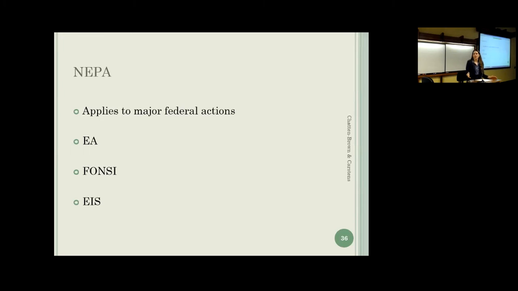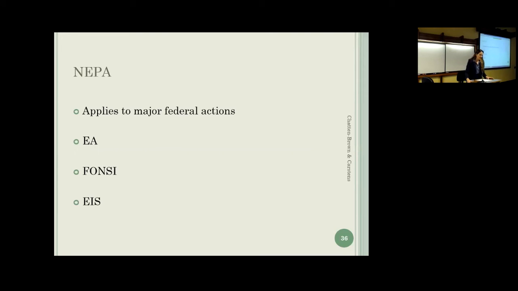And in NEPA, an environmental assessment, or an EA, is the equivalent to an extent of the negative declaration in CEQA, except that under NEPA, EAs are required to study alternatives. There is the finding of no significant impact or mitigated finding of no significant impact. And let me step back and say, an EA is actually a little more akin to an initial study, and the FONSI and mitigated FONSI are more of a negative declaration or a mitigated negative declaration. And then the equivalent to an EIR in the NEPA process is the EIS, the Environmental Impact Statement.